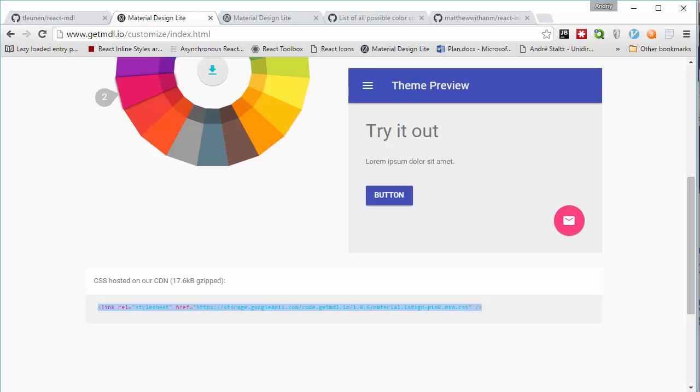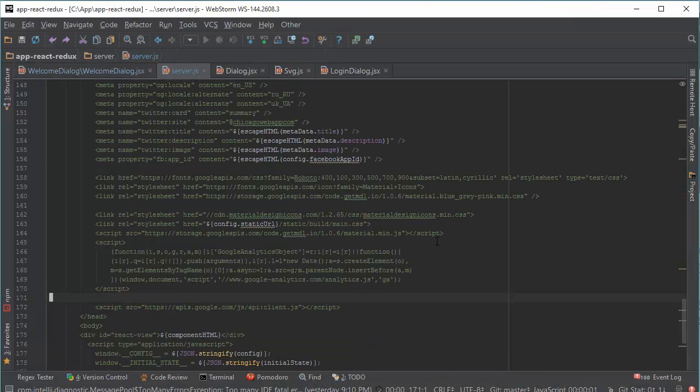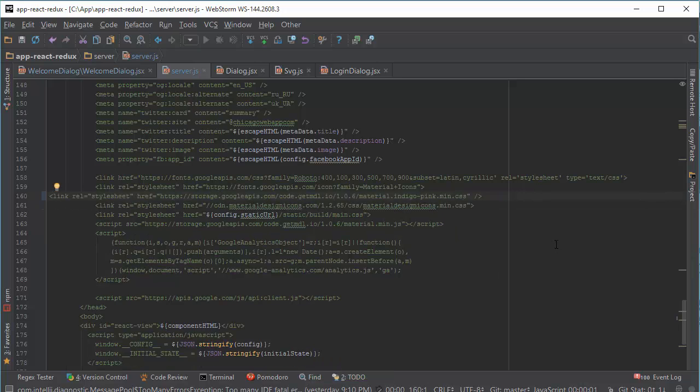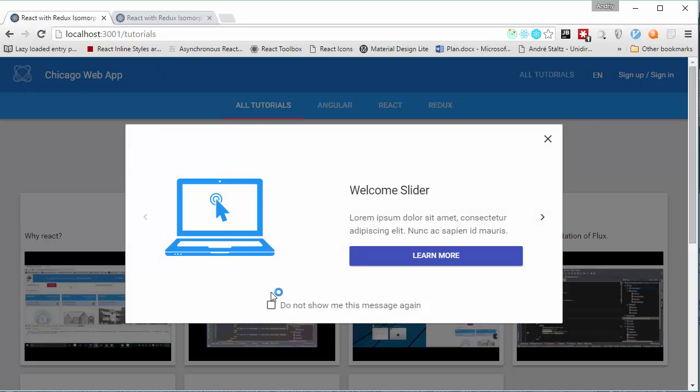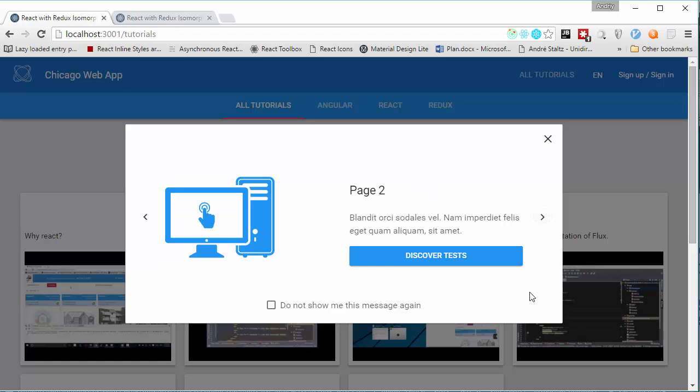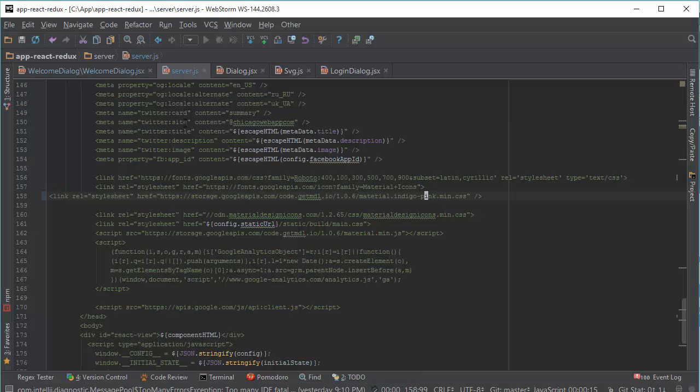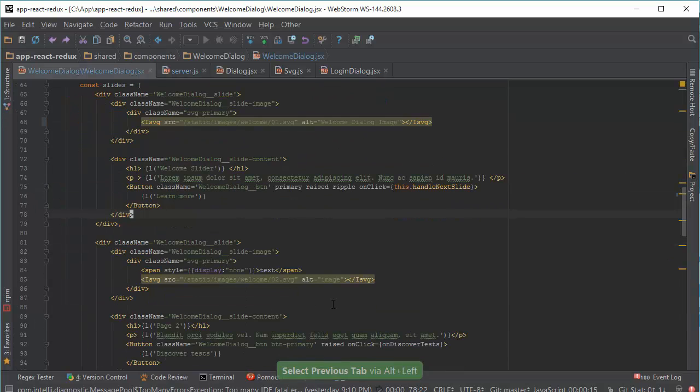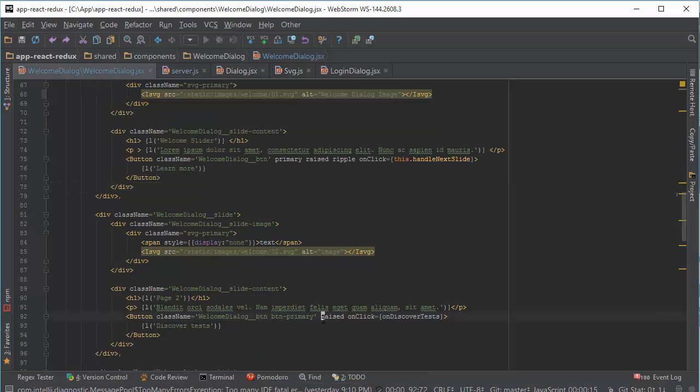Like this. And let's try to put it here. And I remove the previous one. Now I have the indigo pink scheme, and I reload the page, and now it's supposed to be primary indigo and accent pink, but I have blue. Why doesn't it work? Let's see what we have on our buttons. On our buttons we have just the property raised, no accent or primary. And it's blue because I added my custom style button primary.